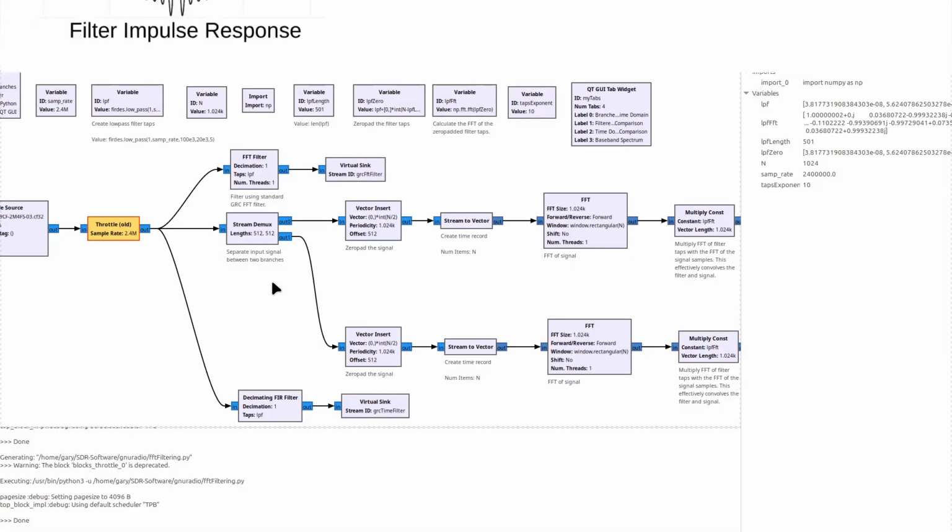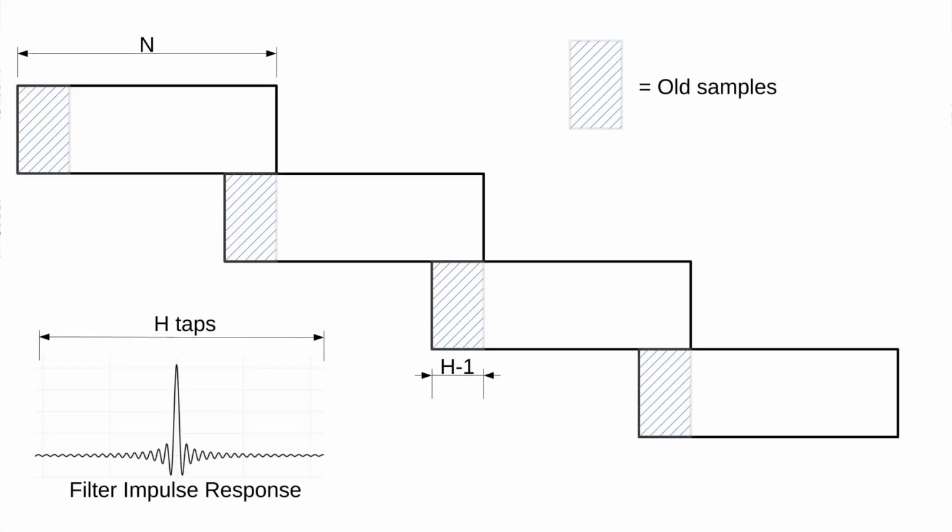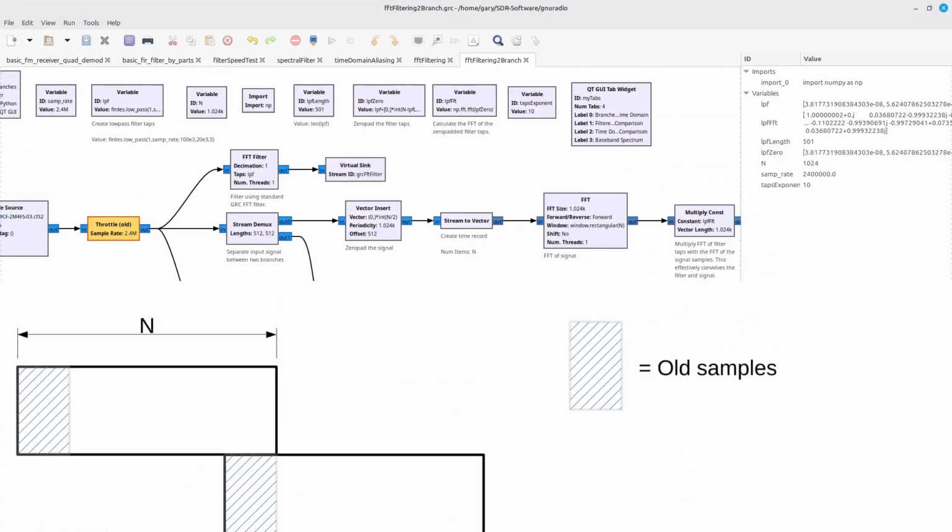The way that works is you have the overlapping time records such that you basically pull out samples from the previous record equivalent to roughly the length of the impulse response of your filter, and then after the filtering, you just throw those away, and by allowing each one to continuously keep overlapping like that, and then putting the final sample stream together with the samples that are left over, you once again wind up with a perfectly filtered signal.